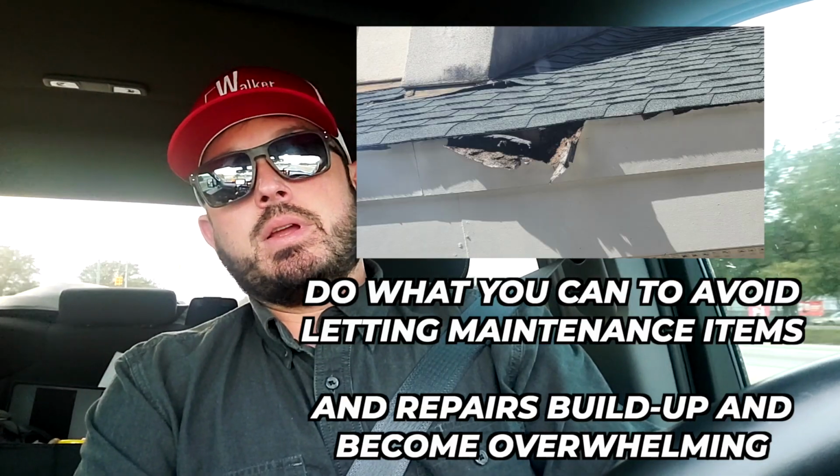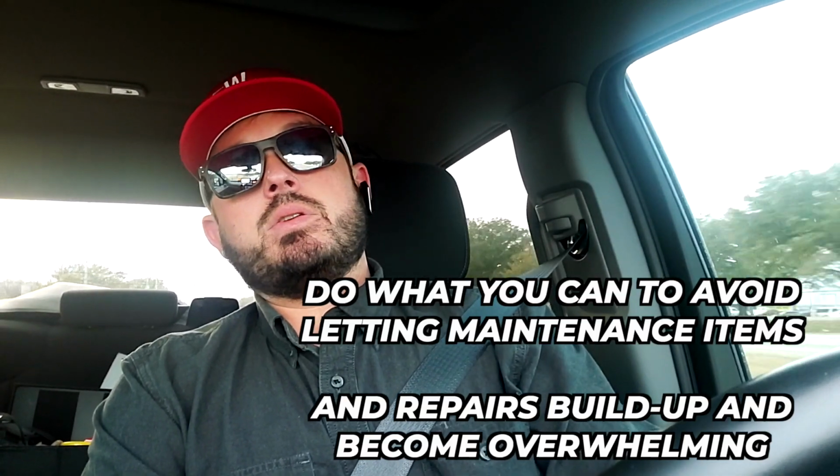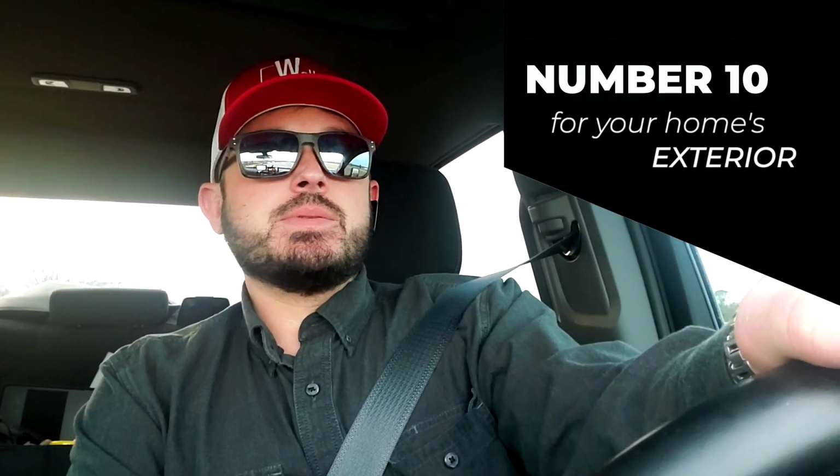And also, thinking about the door, make sure that your threshold is sealed. Sometimes that threshold seal right there at the bottom, especially if the door wasn't installed all the way properly, can allow moisture into the house. Make sure, and this is a big one,